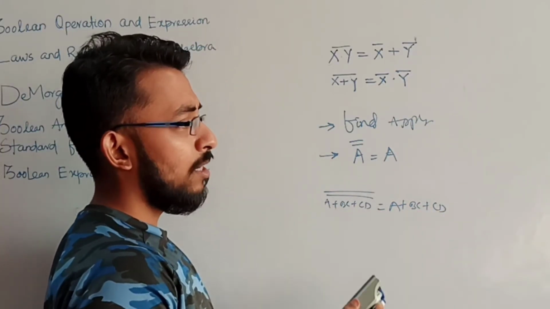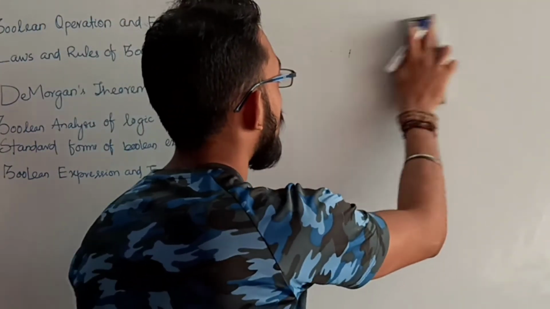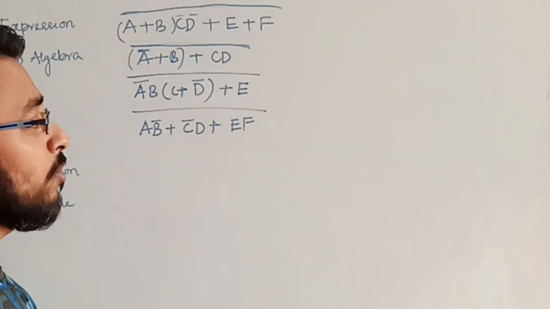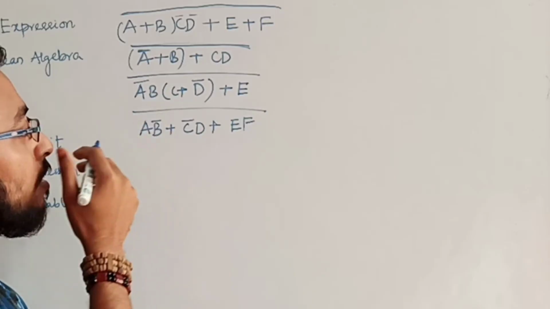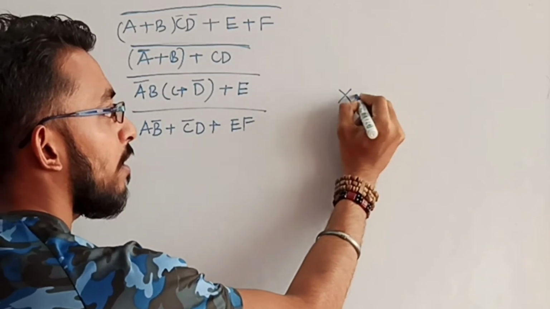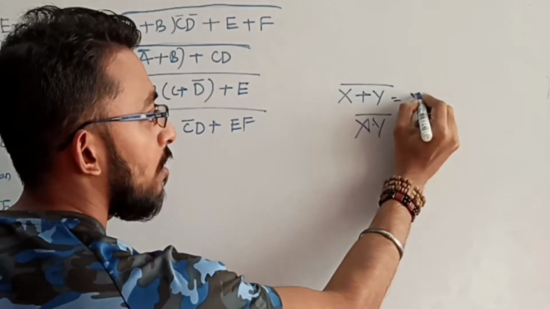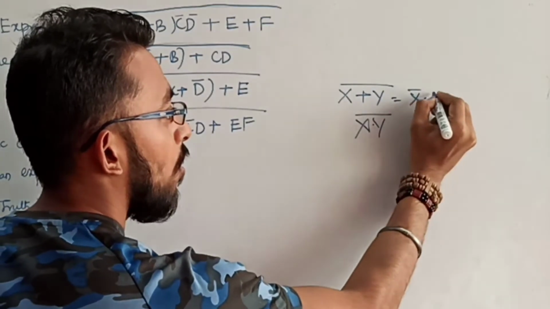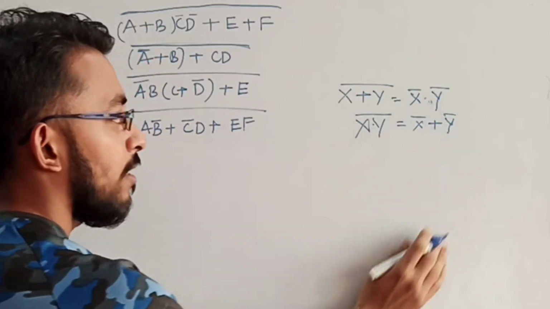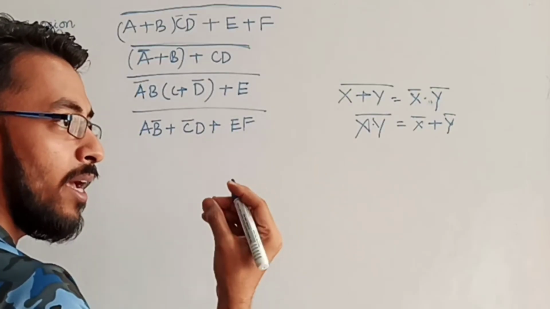Okay. Now let's do some questions, numericals. These are some questions. Let's solve them so that you will get more clarity. In this question, one more thing: our De Morgan theorem can be applied to x plus y whole bar, which is x bar dot y bar, and x dot y whole bar, which is nothing but x bar plus y bar. Here I just showed you two variables, and there can be any number of variables.